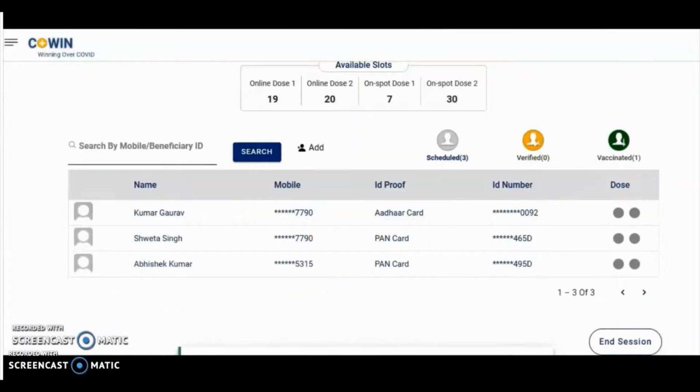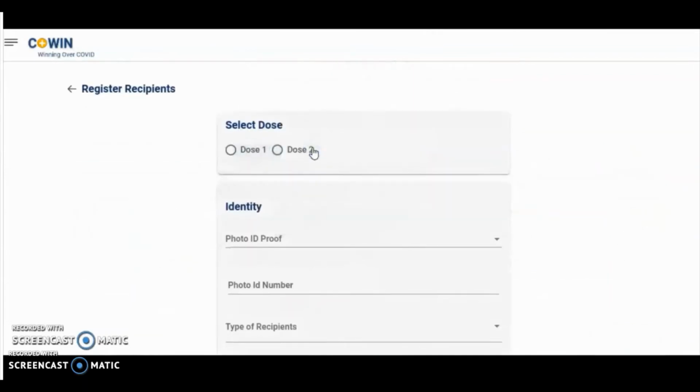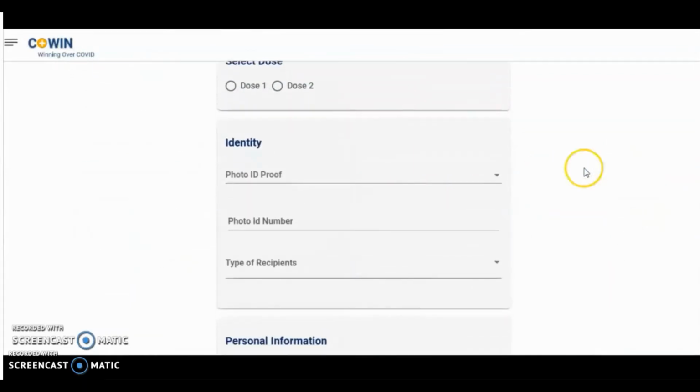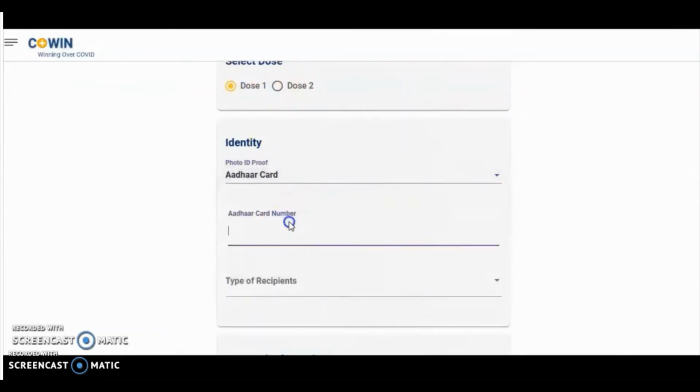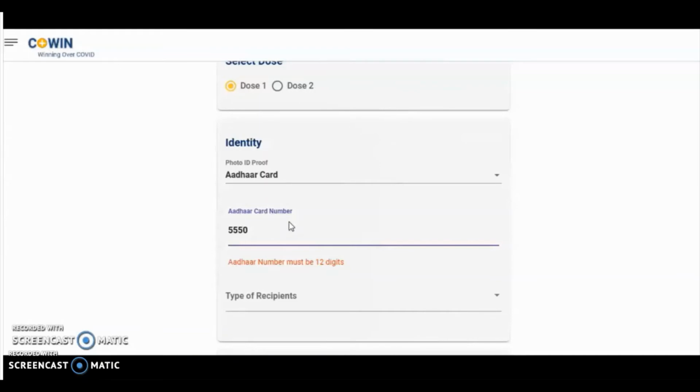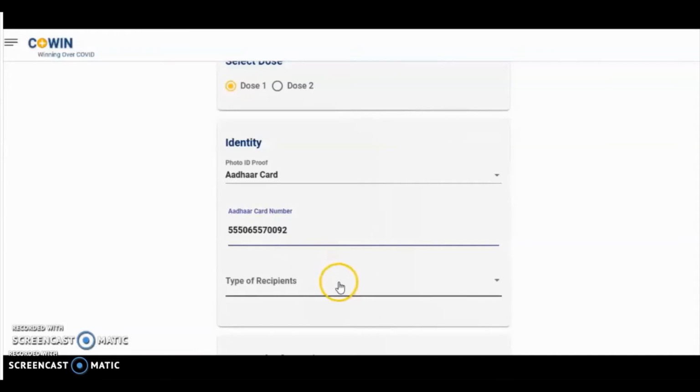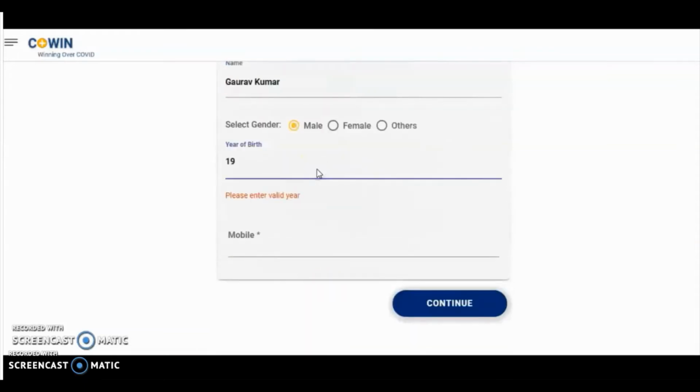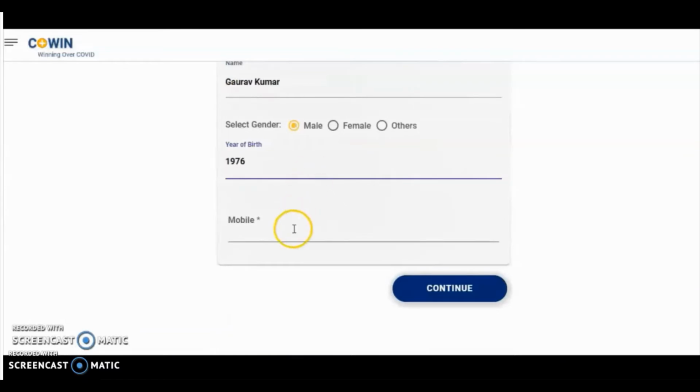Now we add another beneficiary and by mistake we try and enter the same Aadhaar number, which is 55505570092. We enter relevant details and mobile number.